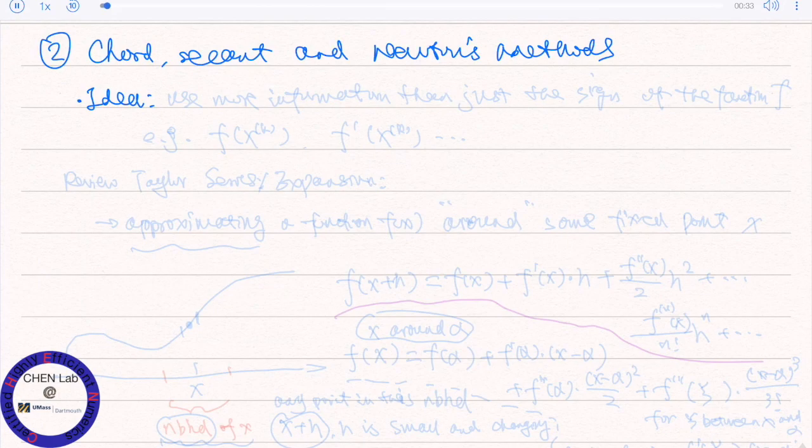Only look at signs. You take 2 points, you evaluate the signs, and if they have opposite signs, then there's a zero, and you use that information to keep shrinking, to which half. The idea is we should use more information than just the sign,